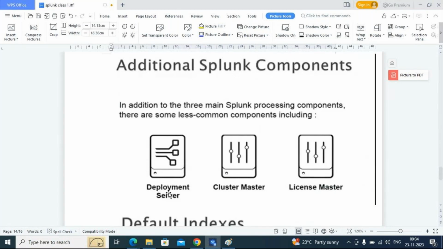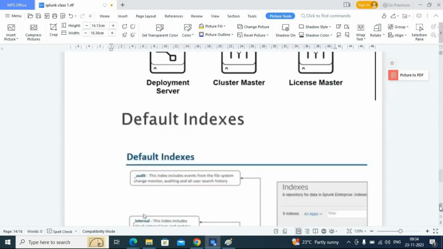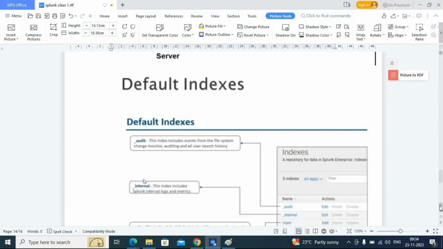Okay, the deployment server is like this, and the cluster master looks like this. The license master also looks the same, as far as the image is concerned. The deployer they have not given here, but anyway, you could identify that as well. So these are the basic Splunk components, all the Splunk components. Okay, now